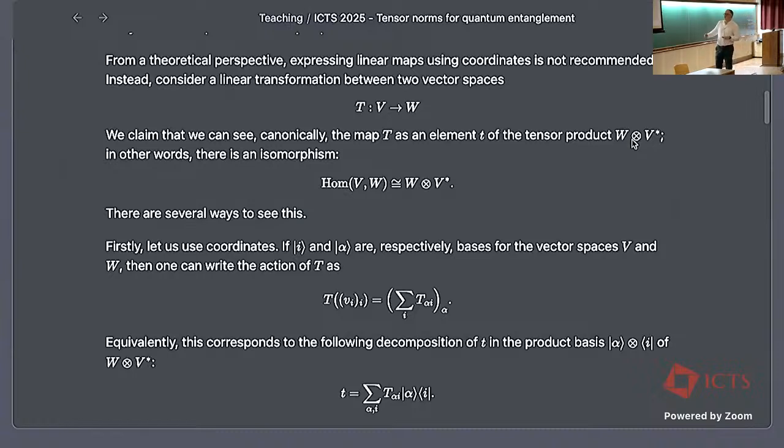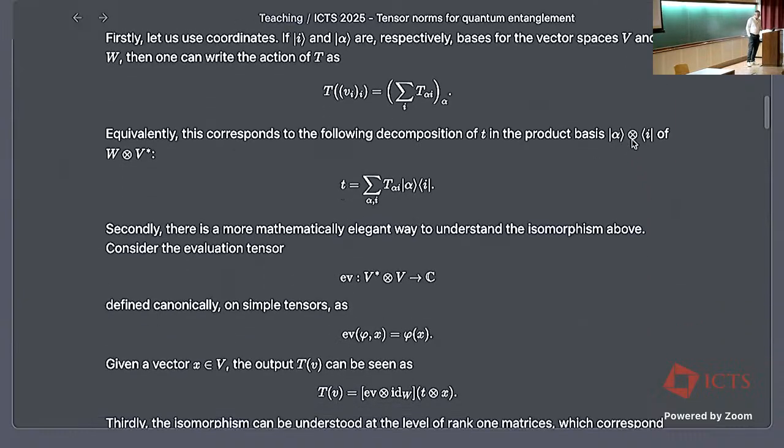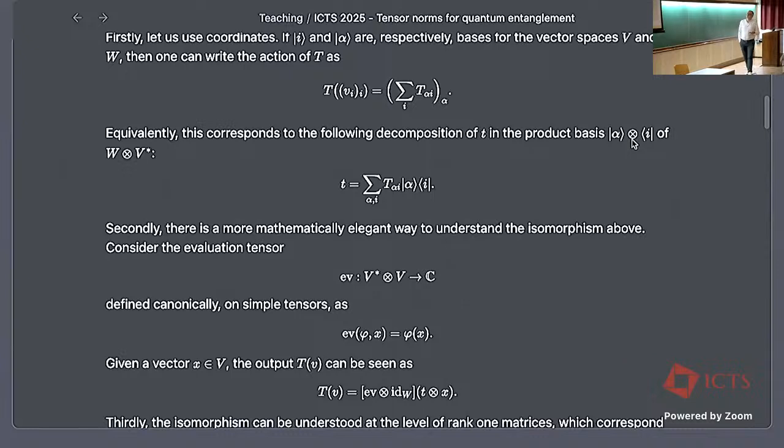And really, if you write this matrix T in bracket notation, this is what you get, right? So you write these coordinates T_alpha,i in this basis of matrix units. This is what this formula is. And this way, you see, you have written this map T as a two-tensor, right? So you have something which has two coordinates, T_alpha,i. These are the coordinates of the matrix in some basis.